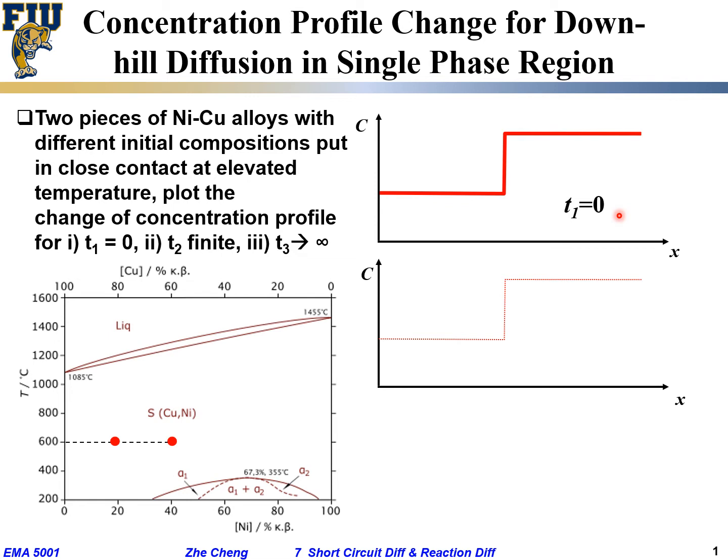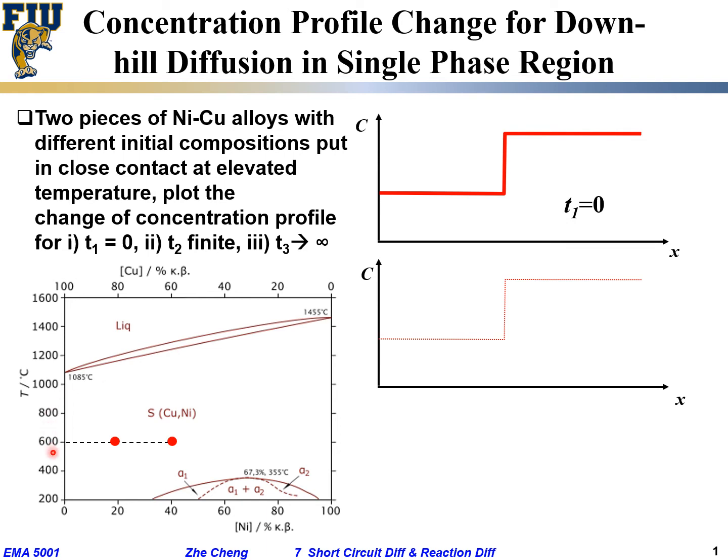And what about at a finite time? Not too long. How would you draw it? We said, okay, substitutional diffusion quite often is very slow. So as you can imagine, very far away from your original interface, very far away on the other side from the interface, the concentration should not really change, right? So far away, I would keep the same concentration. But in between,